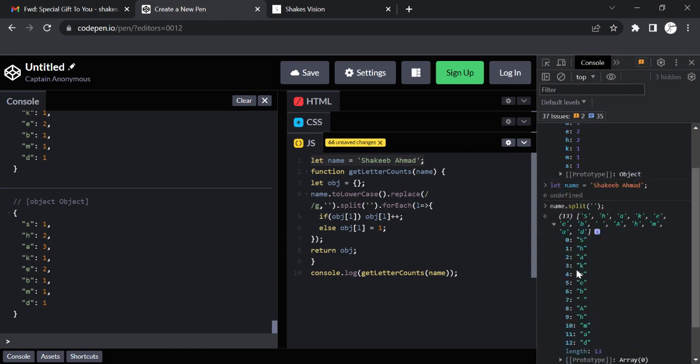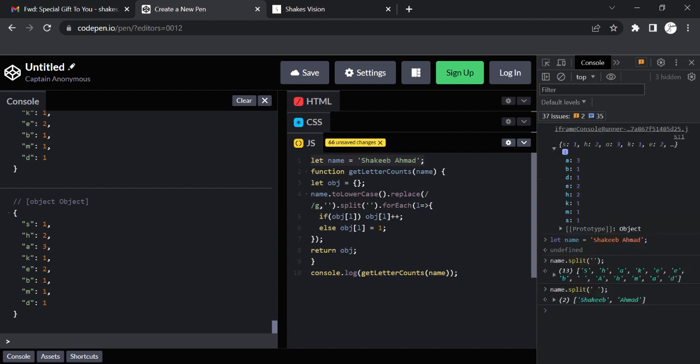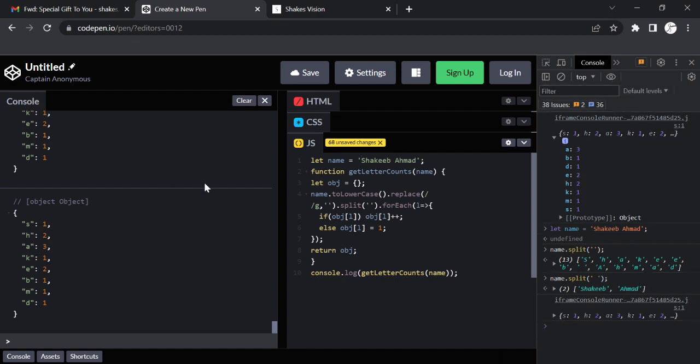This one has 13 characters, and I go through each of them with forEach and check the object, which is declared empty above. If the letter is already there, you add to it. Otherwise, you assign it to one.